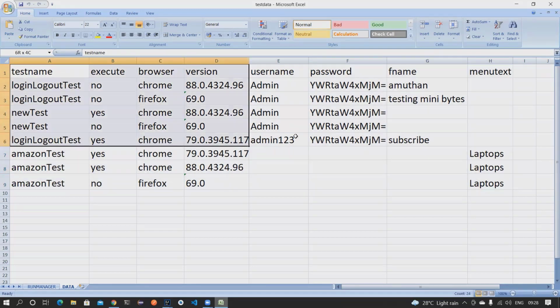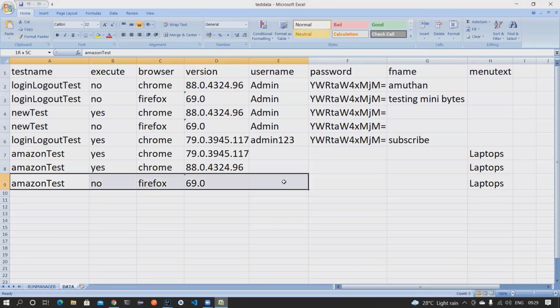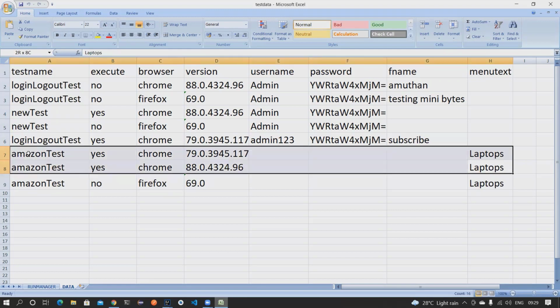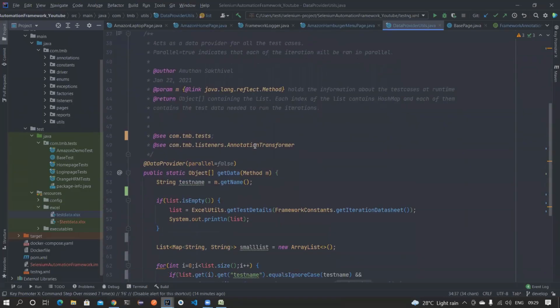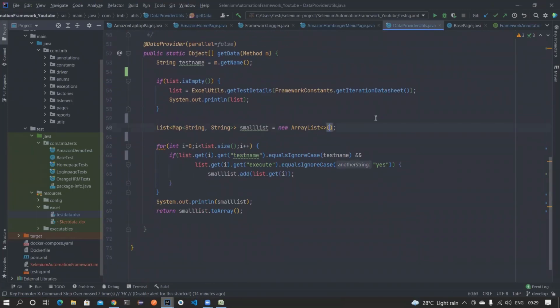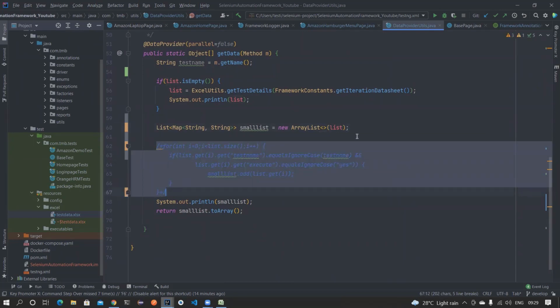I will remove all these unnecessary things, all the rows from 1 to 6 and the last column, and I'll have only this. Okay, so let's try to do it. So basically when I create a new list, I'm just making a copy of it. Now instead of this, let me comment it out for our understanding.